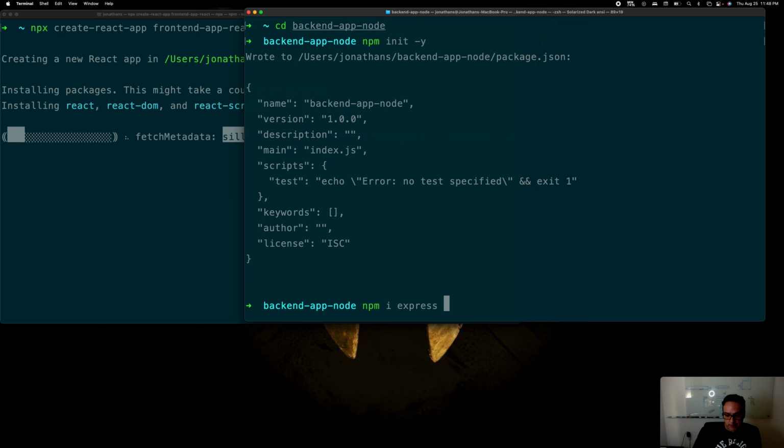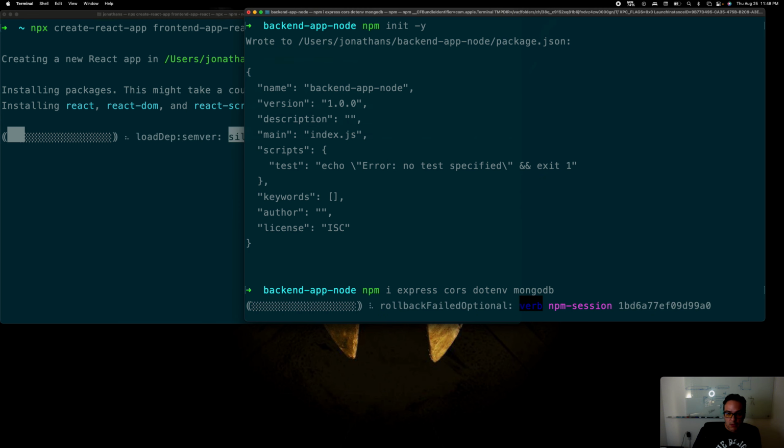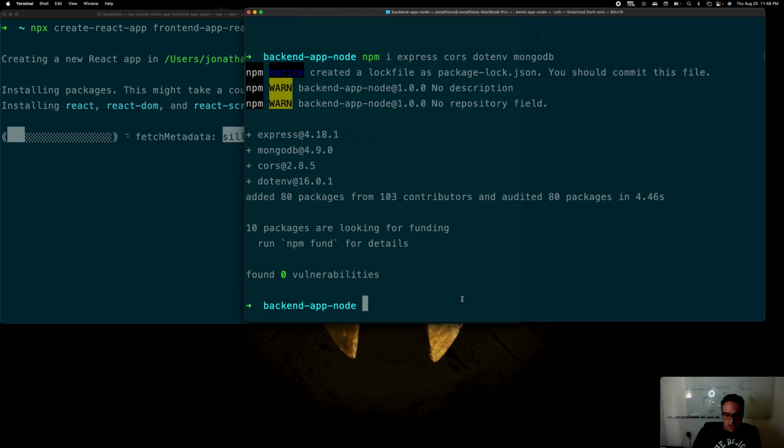Now we're going to be able to install Express and CORS, as well as dotenv, which I'll show you later what that does. And we're also going to connect to MongoDB. So that should install rather quickly, so that we can now create with touch an index.js,